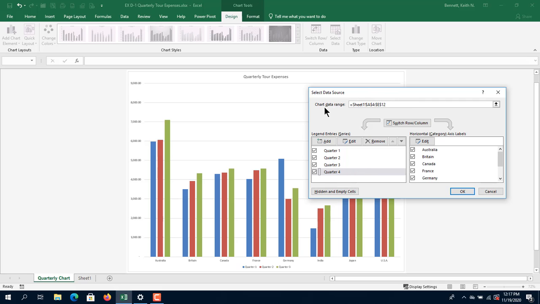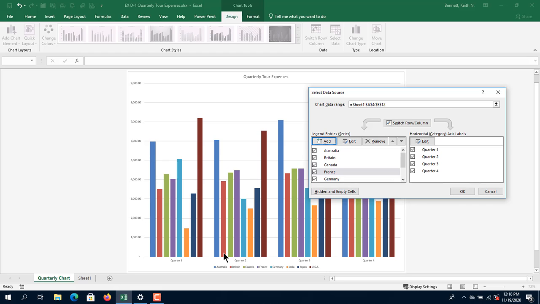You don't necessarily have to come up here and change the chart data range, because everything that's in this range is available to be plotted, but you may not want to plot it for whatever specific reason. And then notice here also is the same option to switch the row and column. If I were to click this button, notice it goes back to what we had earlier, except that we had